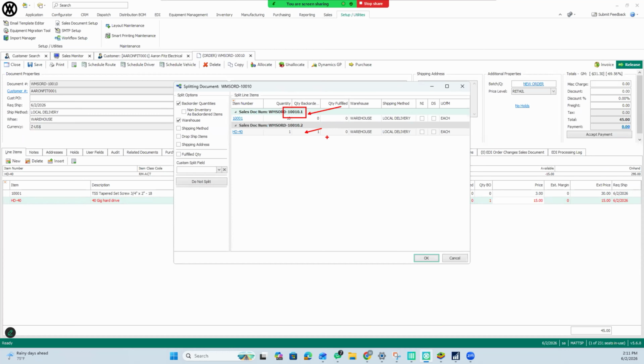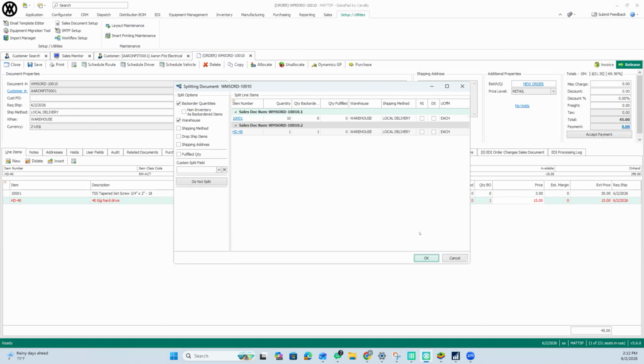One of the items I'm going to go ahead and pick and pack. The other item I want to put in a back order queue. So procurement can go ahead and take action on that, get a PO cut. And I could also automate the PO generation of that through workflow as well. But I'm going to go ahead and hit OK, that I want to confirm the split on that particular sales